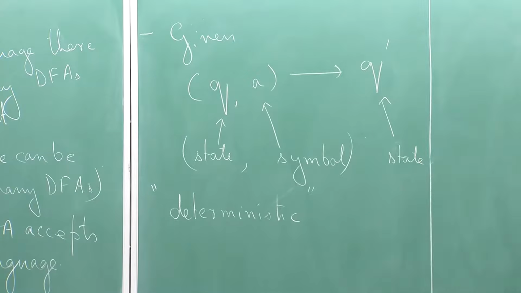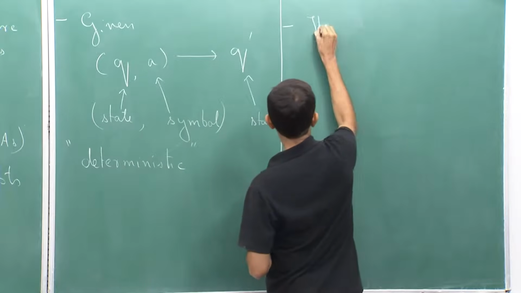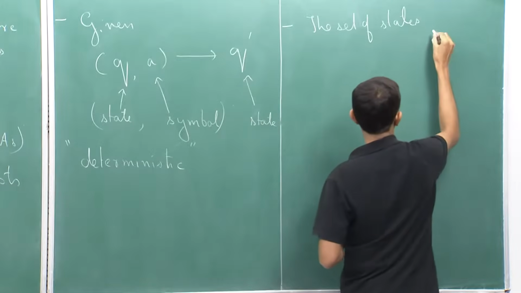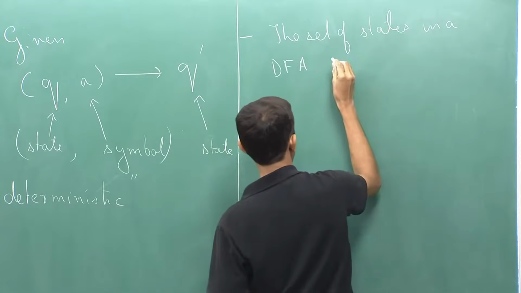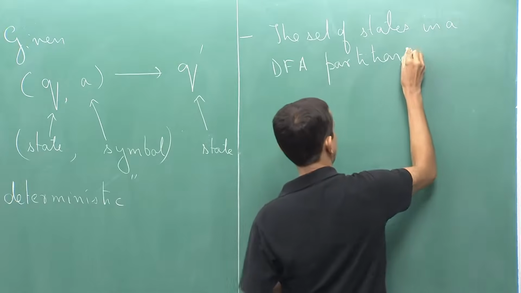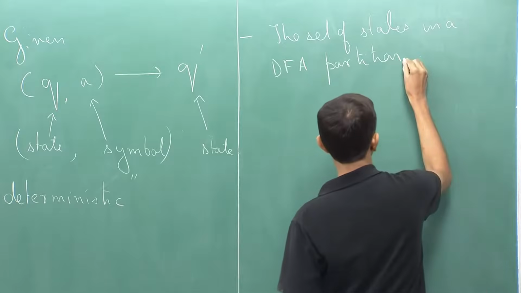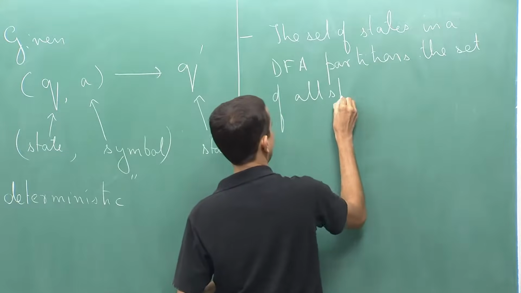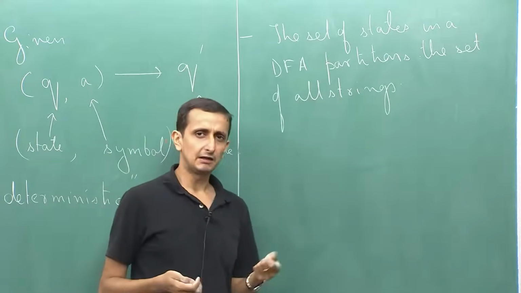And the last point that I want to make is that the set of states in a DFA partitions the set of all strings. Okay. So, in other words, what I mean here is that if you pick any string from the set of all possible strings, okay, you take, so suppose you have an alphabet sigma and you take any string from sigma star